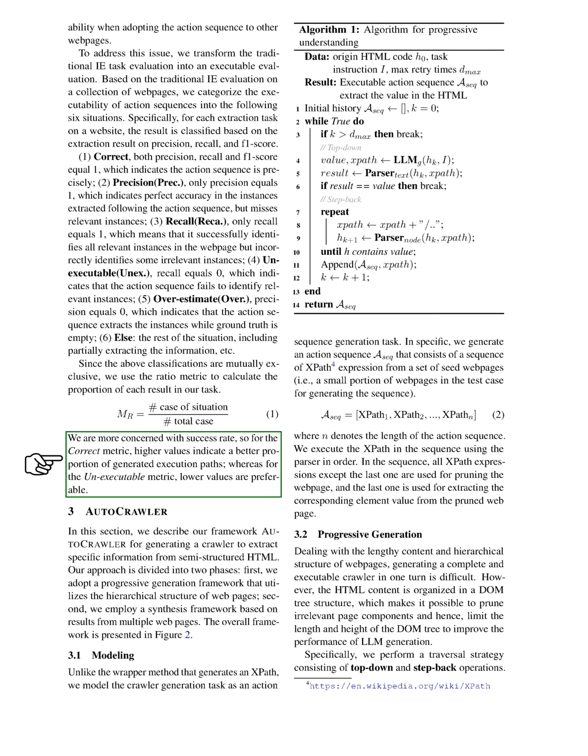Instead of using XPath, we treated the crawler generation task as an action sequence generation task. This involved generating a sequence of XPath expressions from seed web pages to prune irrelevant page components and extract the desired element value. To handle the complex and hierarchical structure of web pages, we implemented a progressive generation strategy involving